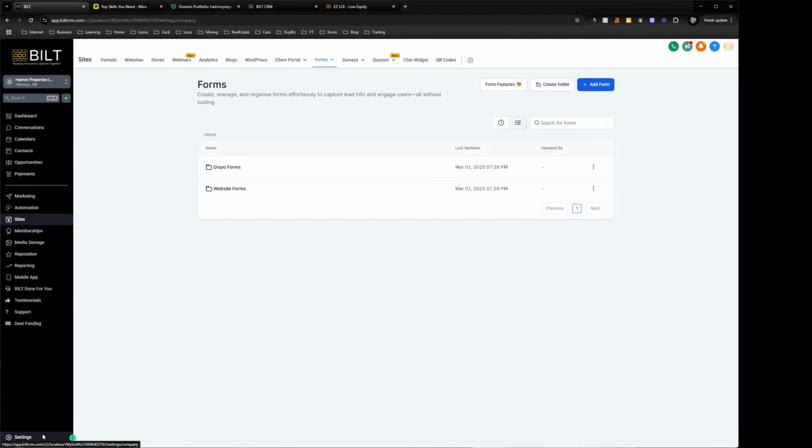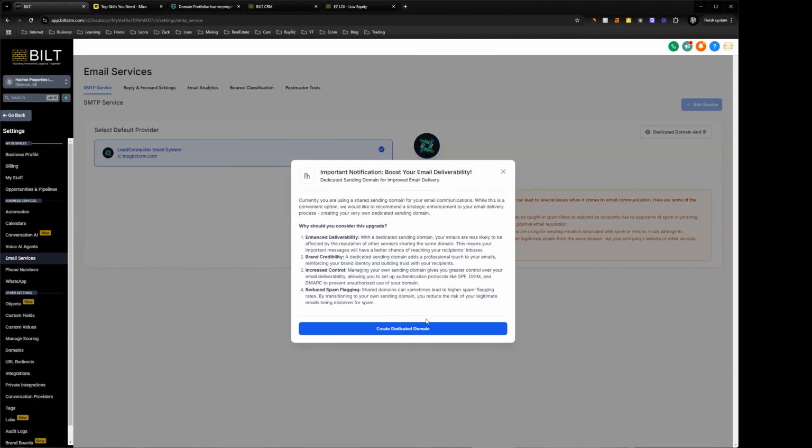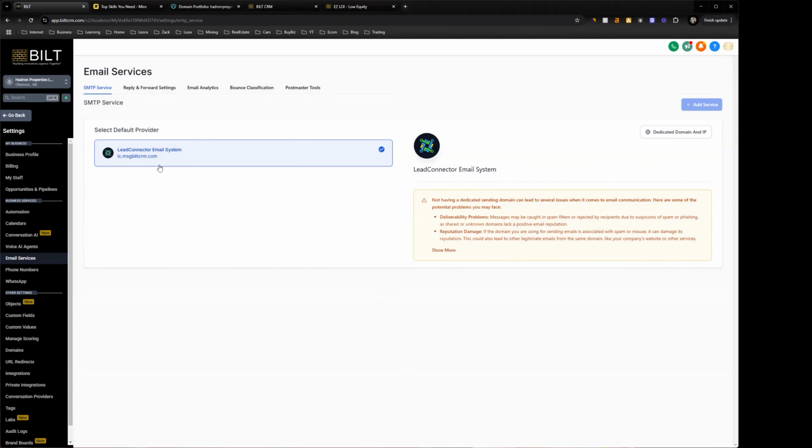The next step is to go ahead and set up the email services. So you'll notice when you get to your email services, it's going to pop up this message, and it's going to say to create a dedicated domain. Well, if I click X right now, before I click on that, you'll notice it's linked to lc.messagebuiltcrm.com,